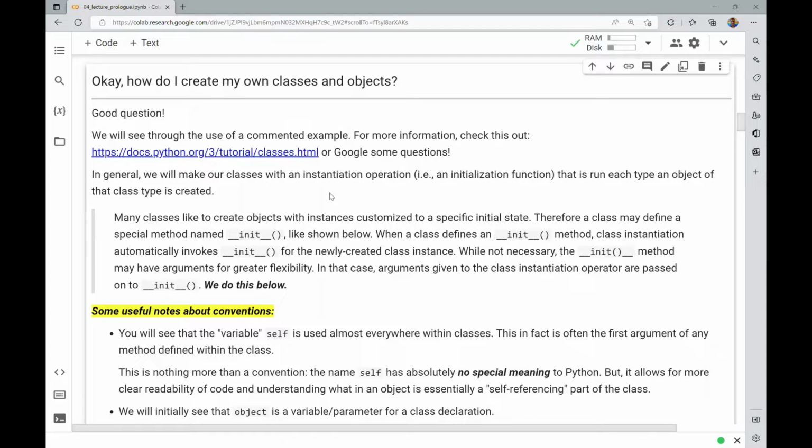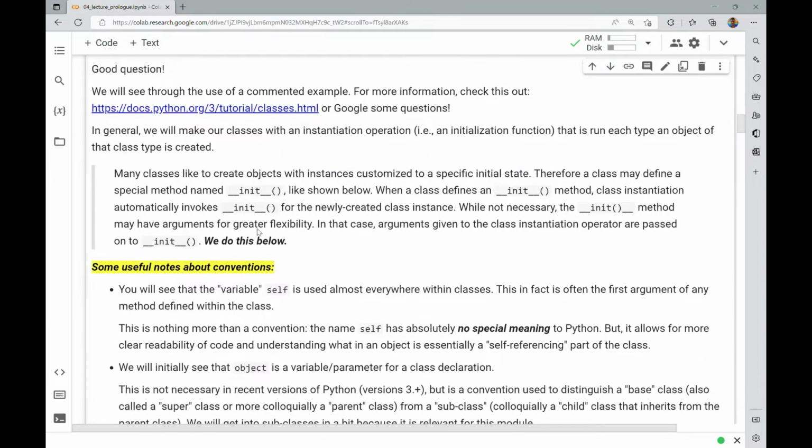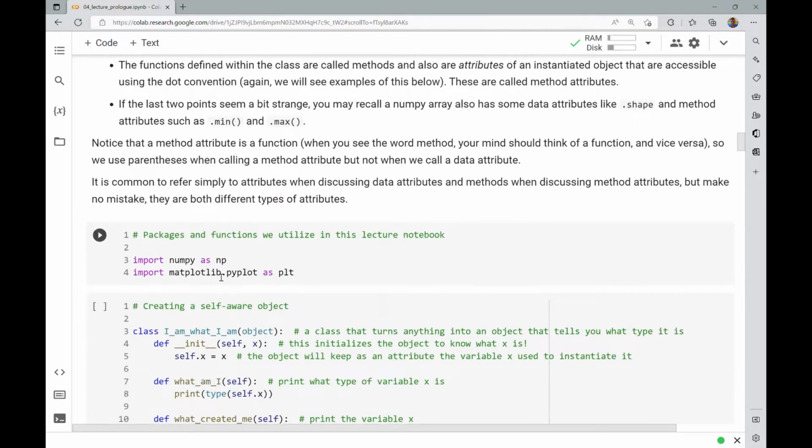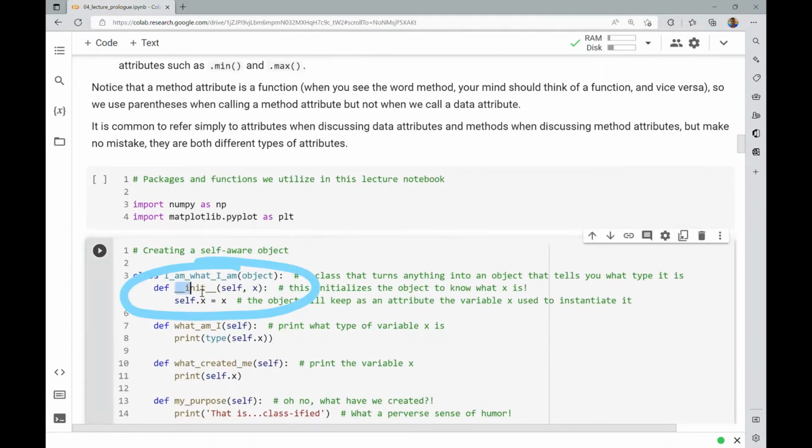Now, in general, we will make our classes with an instantiation operation, also called an initialization function, that is run each time an object of that class type is created. Many classes like to create objects with instances customized to a specific initial state. Therefore, a class may define a special method named init with 2 underscores on either side of it. And it's a method, a function, so it has to have the parentheses. And this is going to be shown below. So I have a silly example here that we'll get to,